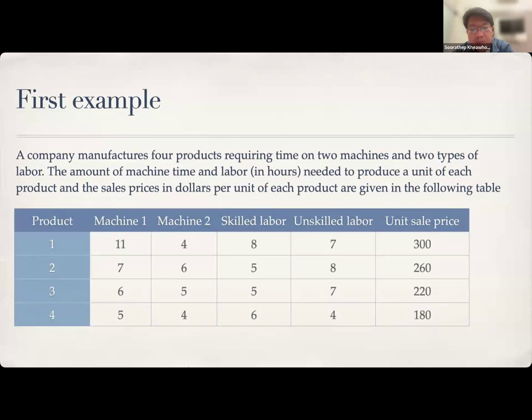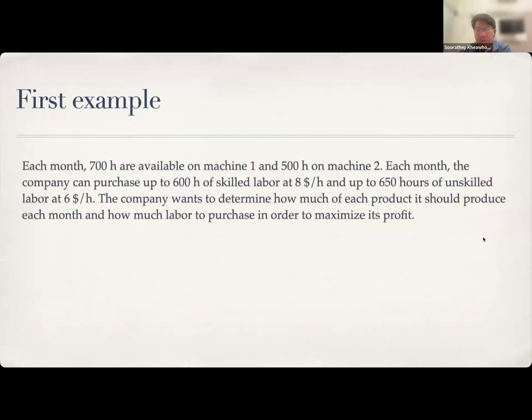And we have 2 machines, right? And 2 types of labor. And the amount in hours required to make each product are listed in this table, okay? And this is the unit sale price of product 1, 2, 3, 4, okay? And each month we have some constraints here,